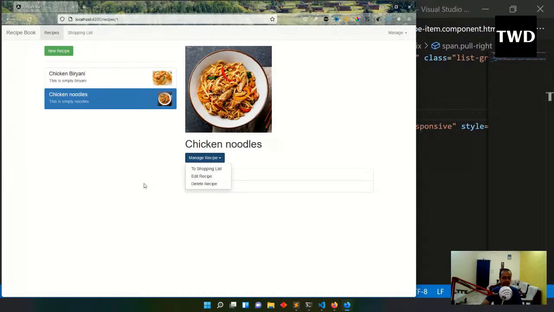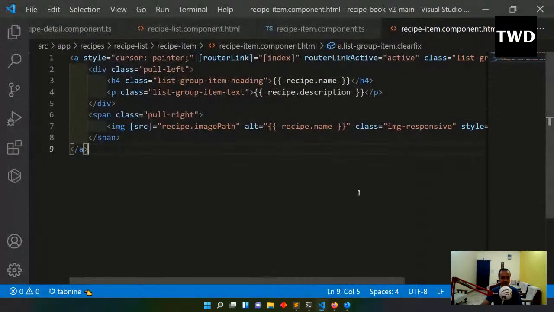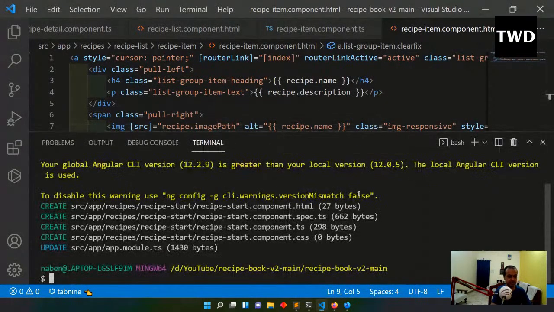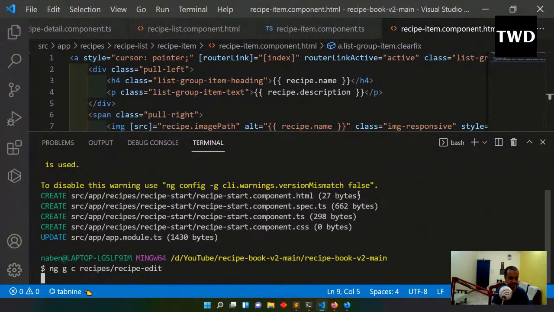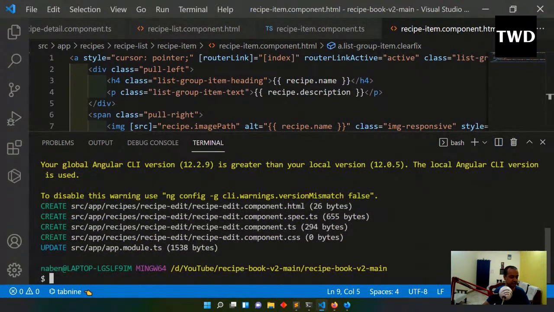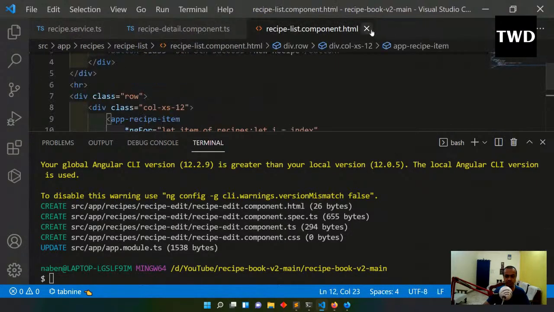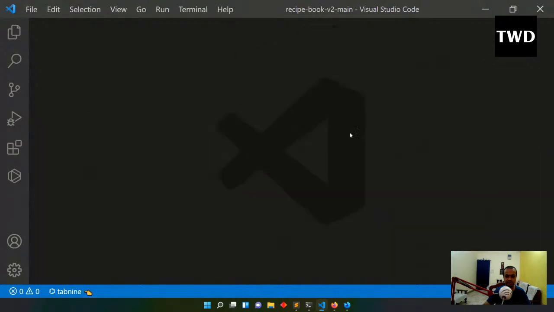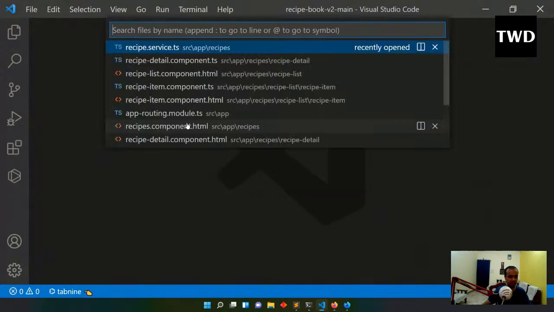So for that we have to create a recipe edit component, which we don't have. So let us do that again through the command line. We'll do ng g c recipes and recipe edit. Okay, recipe edit is done, and it's going. So let me close some of them, and there we'll go to app